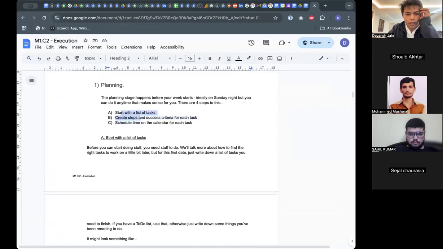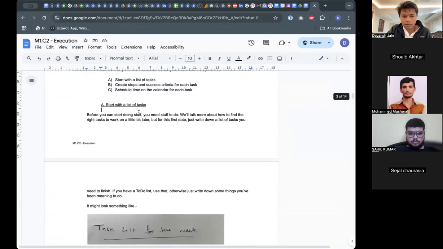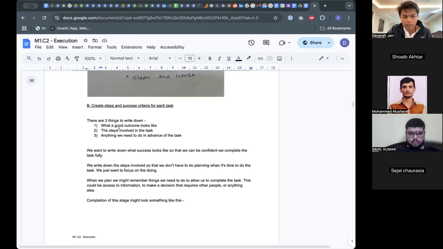So planning. Hopefully, you have a list of tasks. Some of you may have a list of goals also. Create steps and success criteria for each task. Schedule time on the calendar, right? So you have these tasks, you schedule time on the calendar. The description of the task block says what a good outcome looks like,